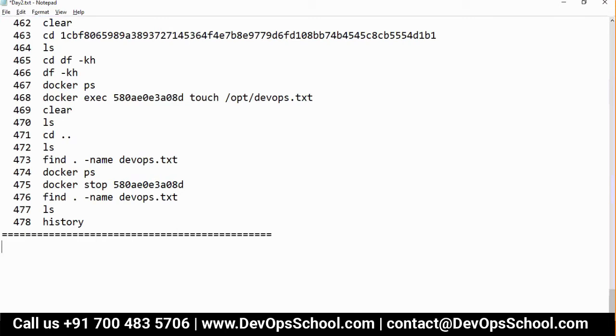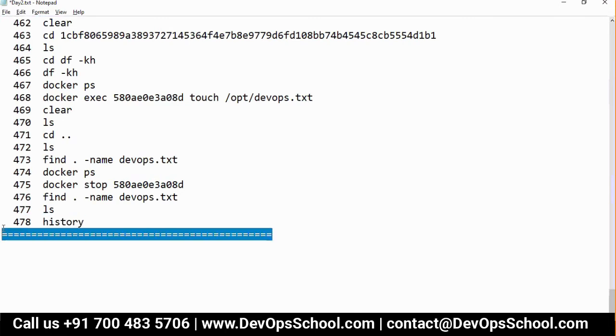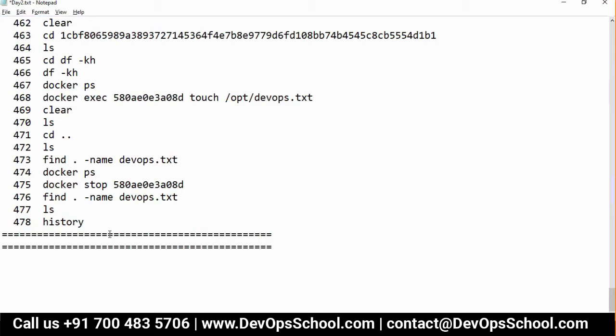Okay, so now the next question is how to create a Docker image. Okay, so guys, there are two ways to create an image. Method number one, using an existing container.